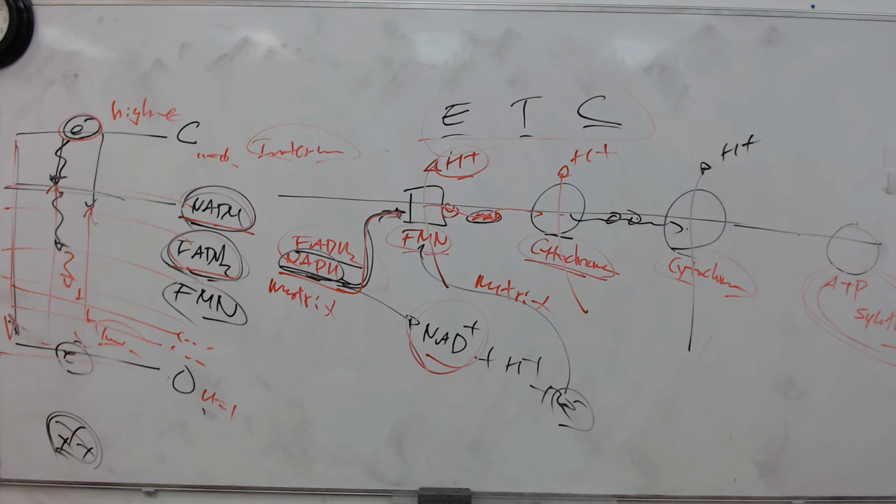So all in all, what they're doing is using the high energy electron. This is the mitochondria. This is the inner matrix, and that's the intermembrane space. They're pumping these H pluses into the intermembrane space. That's what they're doing. There's a greater concentration of H plus.